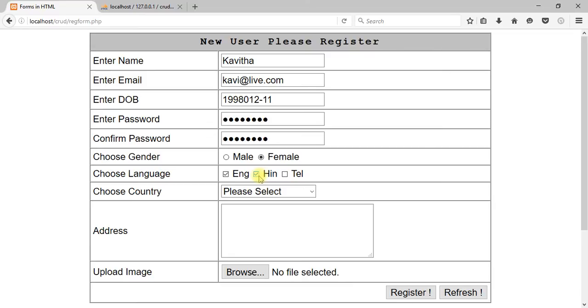So Kavita knows only English and Hindi, and she's also from United States, and the address that she's going to provide is